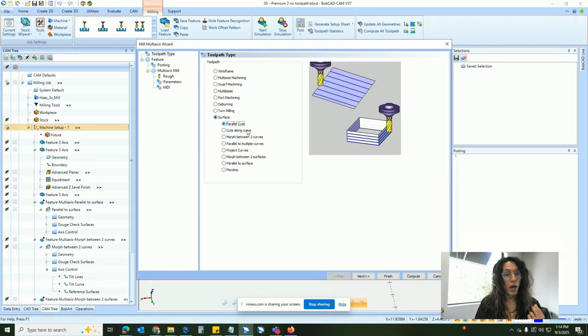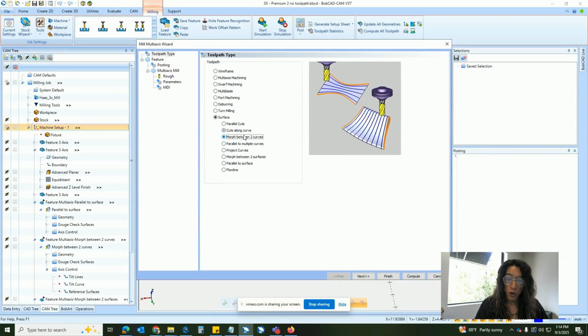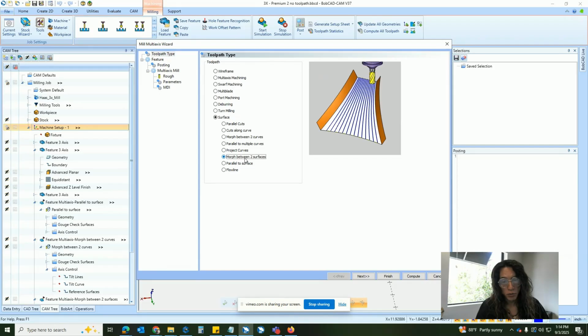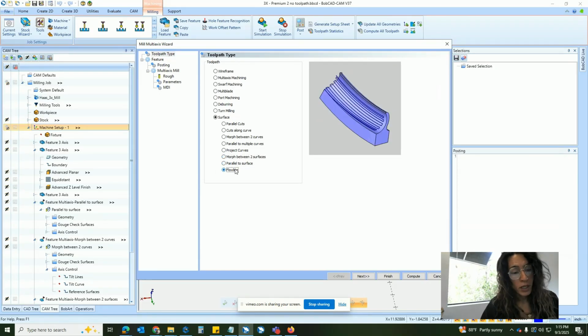So you got parallel cuts, you got along the curve. This is pretty awesome because you can create a wireframe and have the system follow the wireframe shape. You have morph between two curves, parallel to multiple curves, project, morph between two surfaces, parallel to surfaces, and flow line. So the way this works is that you pick how you're gonna cut,